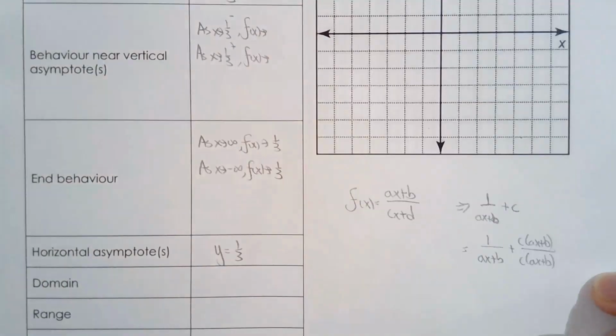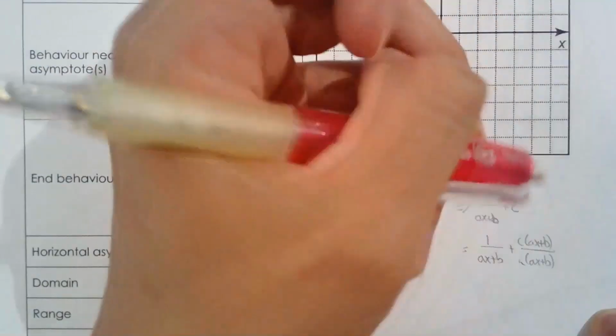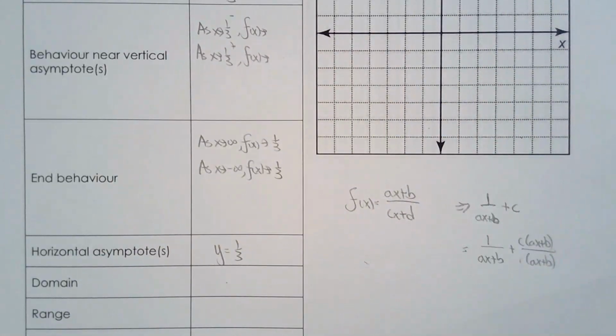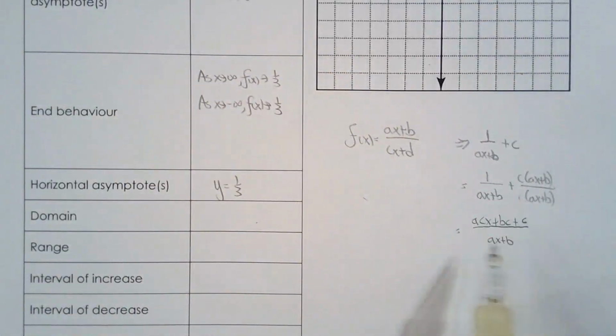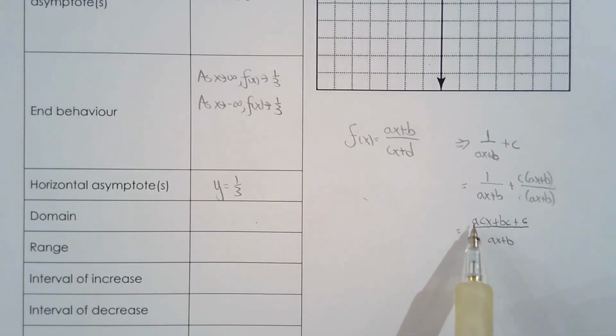Oops. There's no C here. I don't need brackets there, but you know what? Since I added it, I'm just going to leave it there. Okay, so this is going to be ACX plus BC plus 1, and this is AX plus B. So I don't know what B and C and A are, but guess what? This is a linear, okay? Because BC plus C is just some coefficient. I don't know what it is. And AC is just some other coefficient. BC plus C is the constant, and AC is the coefficient. So guess what? This is a linear, and this is clearly a linear. Okay, so